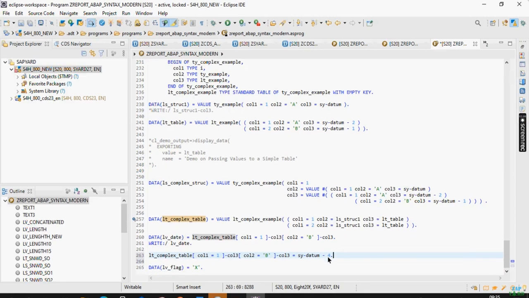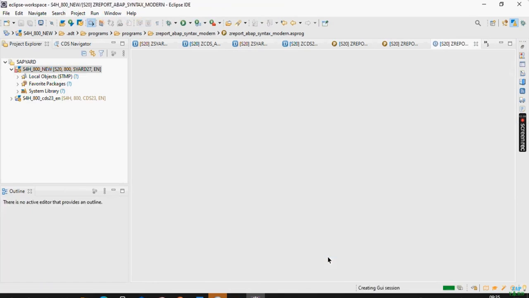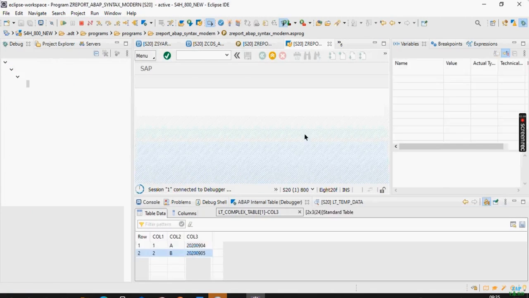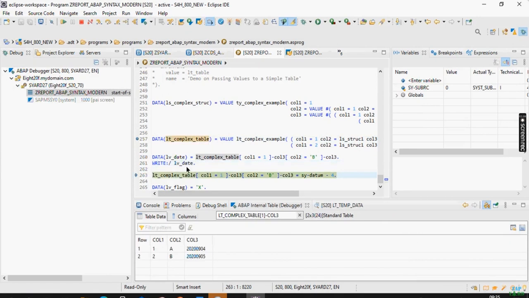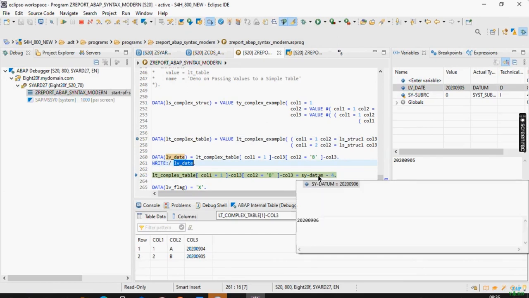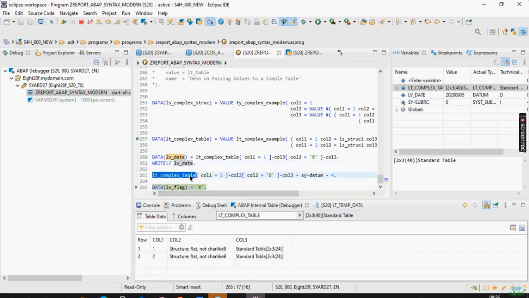Okay, now let me do this, Control and F3, and let us execute. Now let us see whether a change is there or not. So now if I do F5 here, F5 here, F5 here. So focus here, LB underscore date is 5/9/2020, right? Now if I make it to side data -4, if I do an F5 here, now let us go to